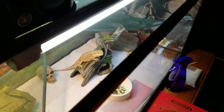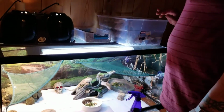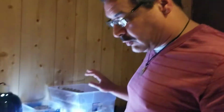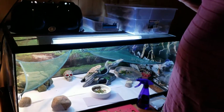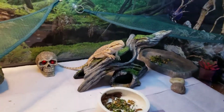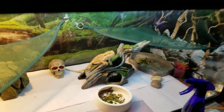The next thing on the list is going to be ventilation. Ventilation is going to be very important. If they can't breathe, if the moisture can't leave the container, then it's absolutely going to mold. And we don't suggest heating the enclosures for the dubia roaches, and that's one of the reasons why, because the moisture evaporates and then it ends up on the walls, dripping off of the top of the hood and everything like